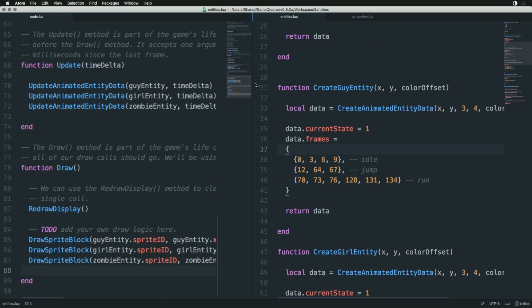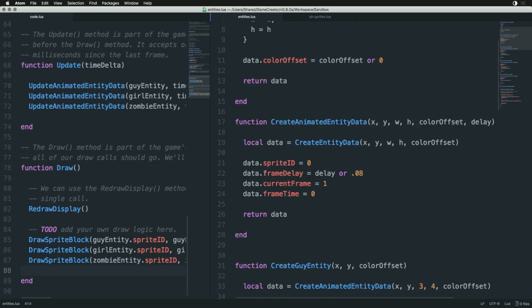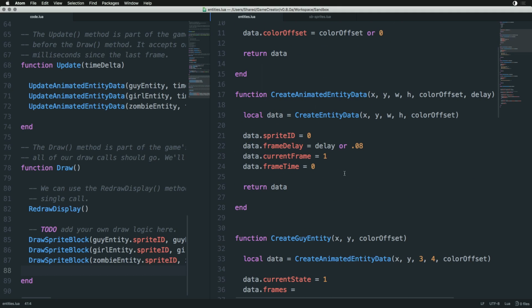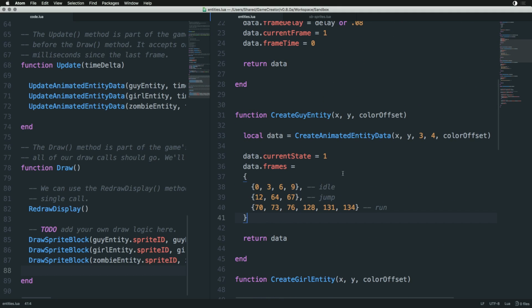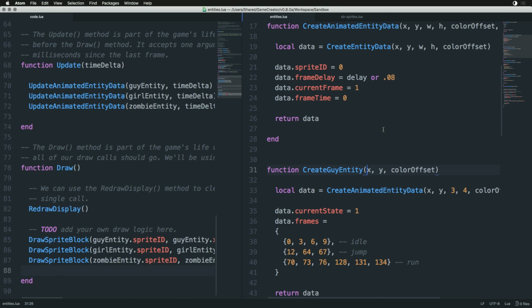As an example, when we created our guy entity, we actually had to hard code a few of the IDs for the sprites. Now we're going to need to restructure this a little bit, and what we're going to do is change this code on the animation side so that it works a little bit easier with the Sprite Builder format. So the first thing we're going to do is, when we go to create our guy entity, let's go ahead and